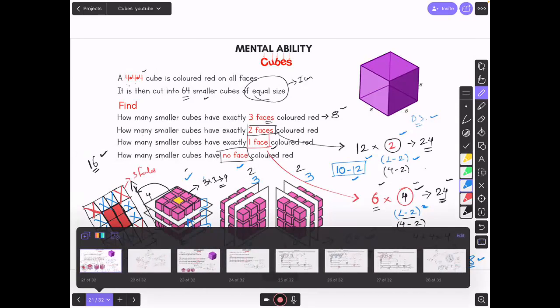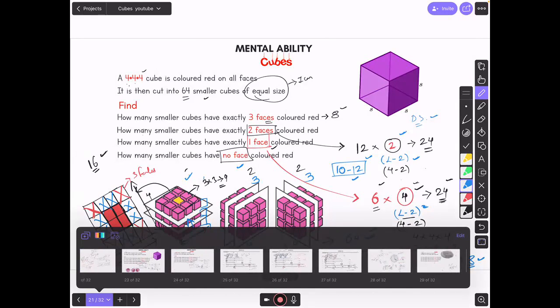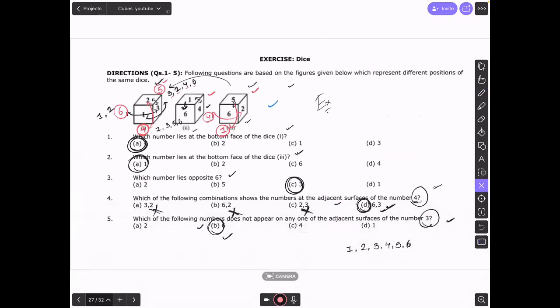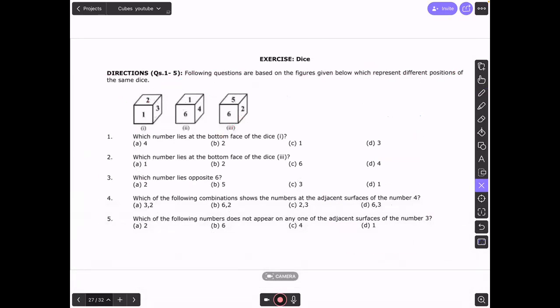After cubes, we jump on to dice. Again, dice is the most simplest topic you can get. You have to just visualize it right now. Okay, so dice, what kind of problem you can expect. So what is a die? Dice is nothing but, I'm sure all of you must have played Ludo. While you play Ludo, you have a die. This has numbers on it. 1, 2, 3, 4, 5, 6. There are 6 numbers on a dice.